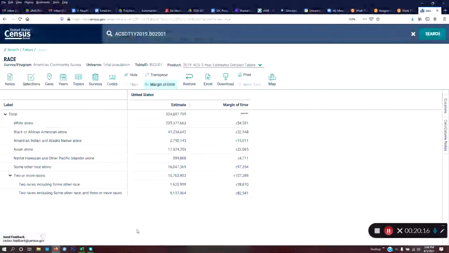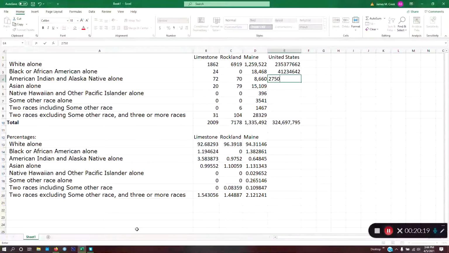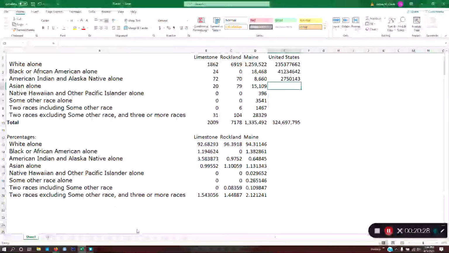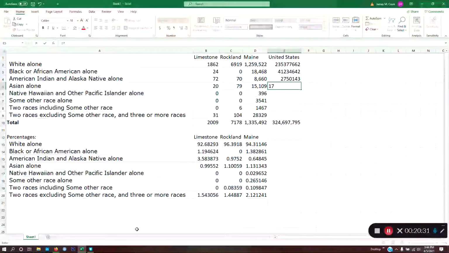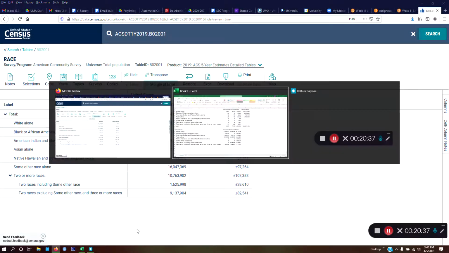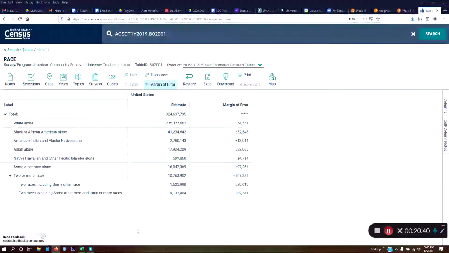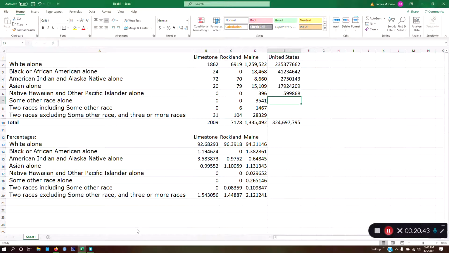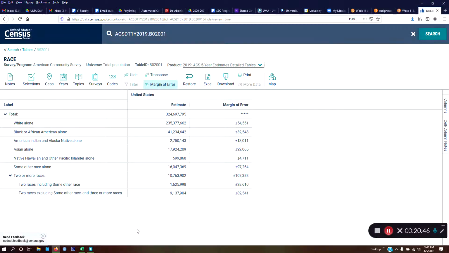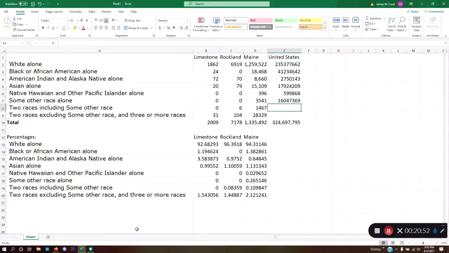American Indian and Alaska Native alone, 2,750,143. Nearly 3 million people who are American Indian or Alaska Natives. So how about Asian alone? 17,924,209. Native Hawaiian or other Pacific Islander alone, 599,868. Some other race alone, 16,047,369. That's a huge number of people that are not captured in this census description of what races should be,